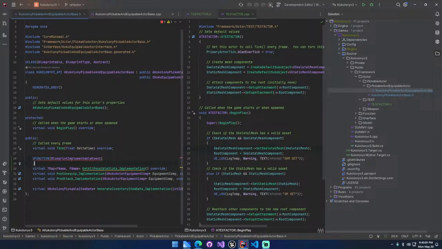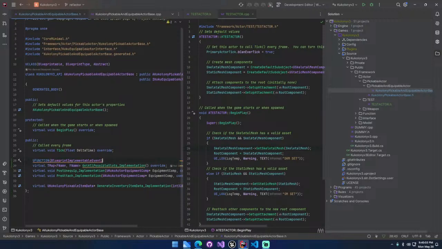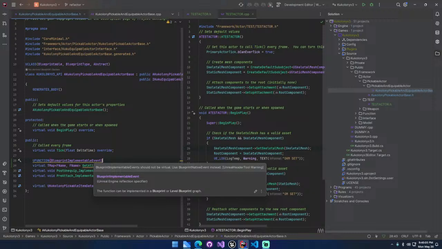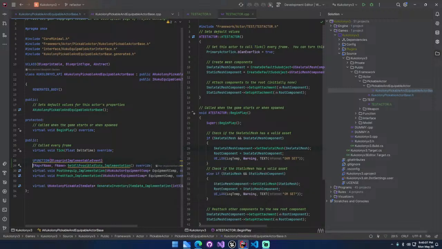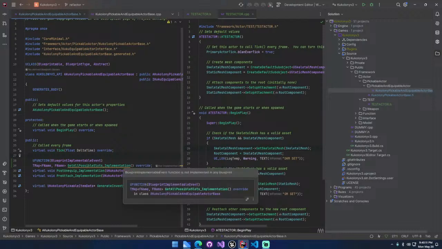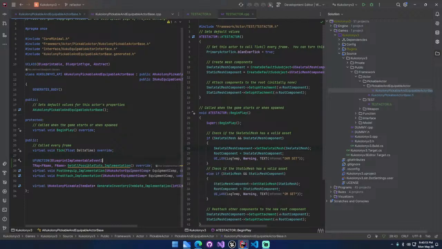So that they'll have to implement it anyways. This has to be implemented by the parents. Post attach is simple. Just do this, we just do that, and as for these,